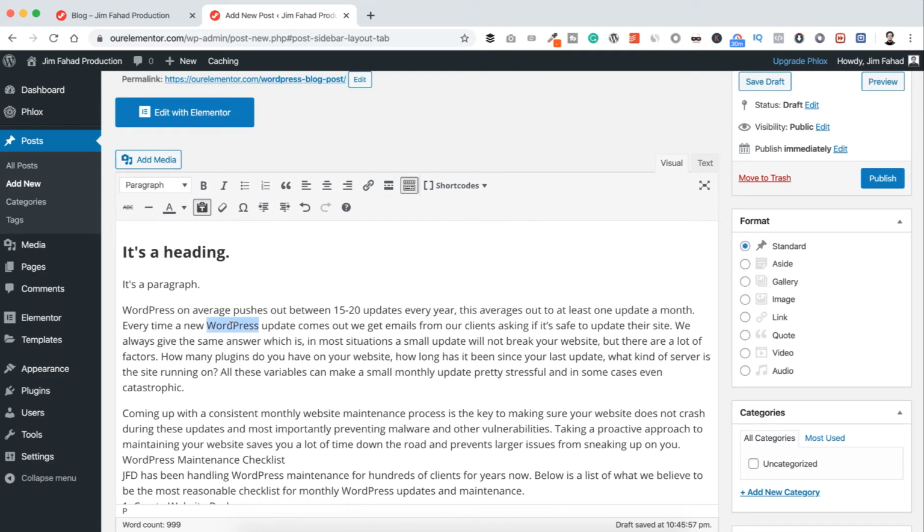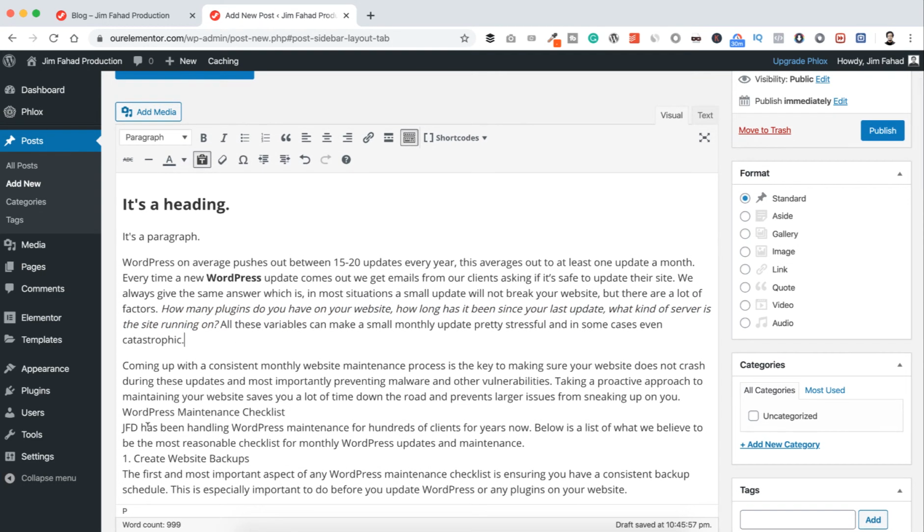Inside that, if we want to make something like this WordPress text bold, we can just select it and click on this bold icon. If we want to make this whole line italic, let's select it and click on the italic icon. It's super easy like that. Then here, if we want to make a link, let's select JFD, and I want to link it to jimfahaddigital.com. So just select it and click on this link icon, and I want to link it